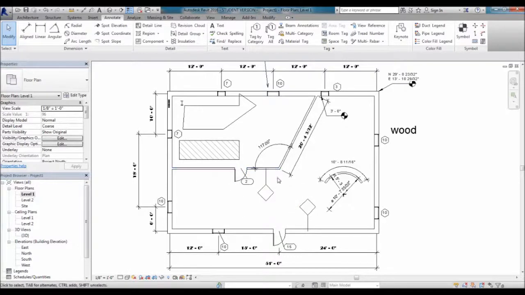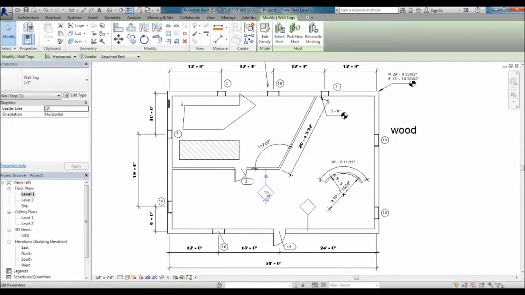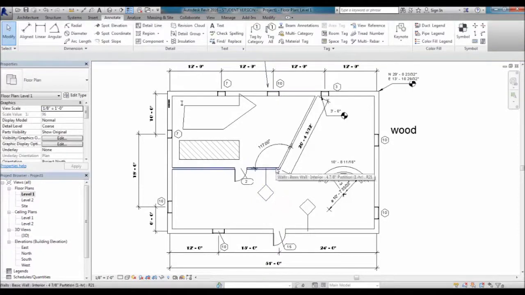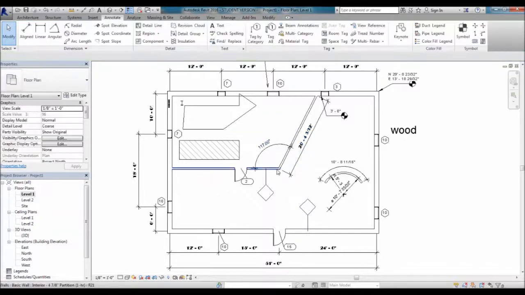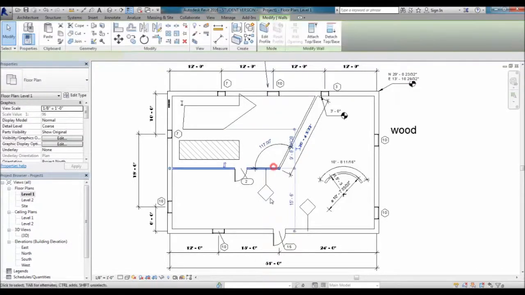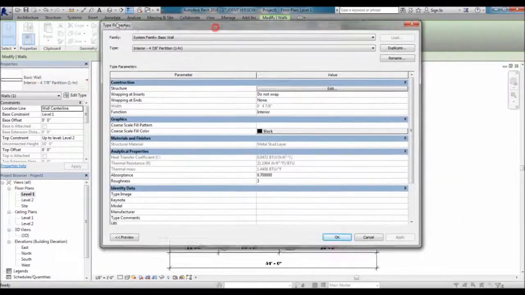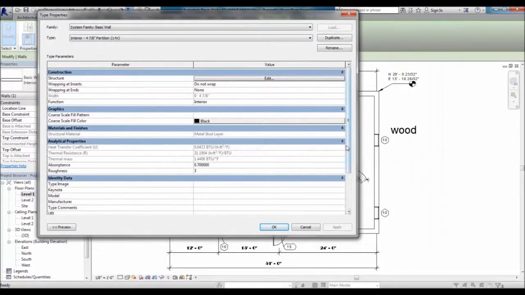For instance, with the wall here is where we see that the wall tag has no value for it. That basically tells us the value is not filled out. If we think of the way we normally see walls called out in a project, generally you call a wall out by what type of wall it is: wall type 1, wall type 2, wall type 3, and so on. So if we select this wall and go into the type properties and scroll down,